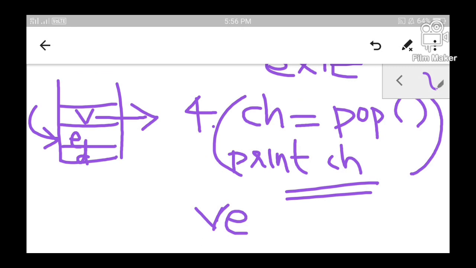Again after printing the second character, the stack checks whether it is empty or not. Since the stack is not empty, you can continue the pop operation. The third time again a pop operation is performed, and this time the top pointer points to the next location. That means now it is pointing to D. After the pop operation is executed, the deleted character, which is D, comes to the variable ch, and immediately the value of ch is printed, which is D.